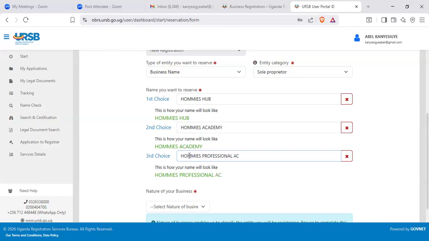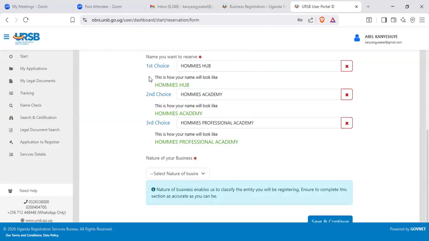They are different names. Homies Academy is different from Homies Professional Academy. So after coming up with any of the names, after that,